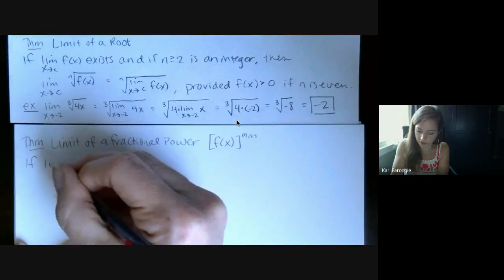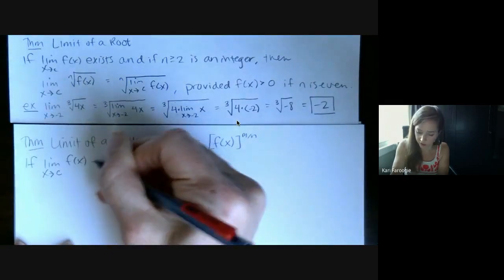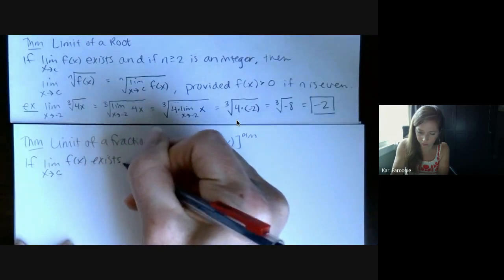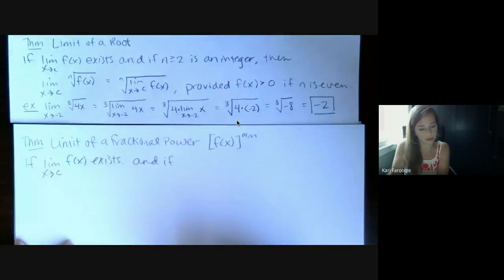If the limit as x approaches c of f of x exists, and if f of x to the m over nth power is defined for positive integers m and n,